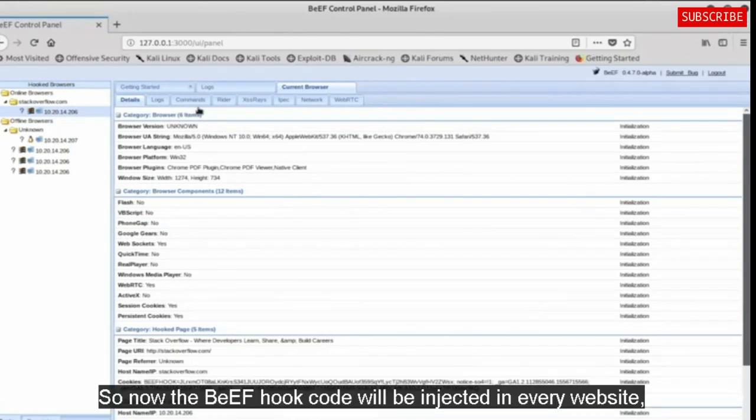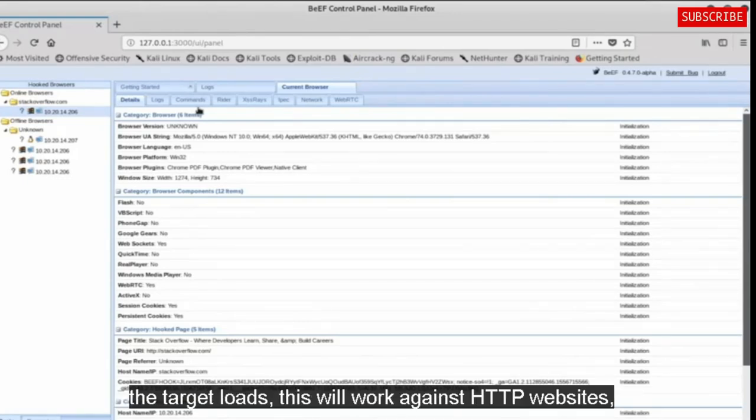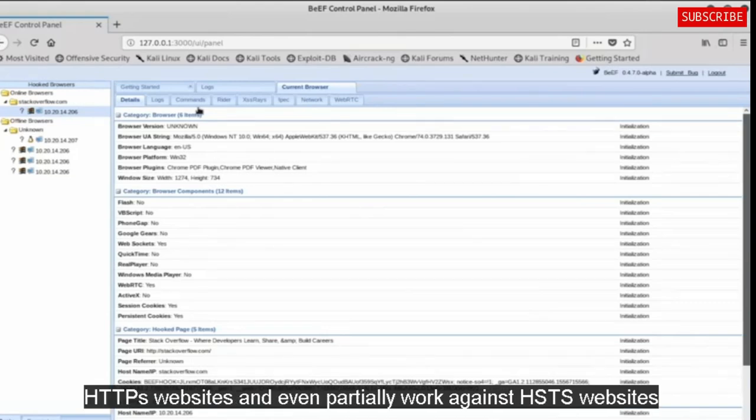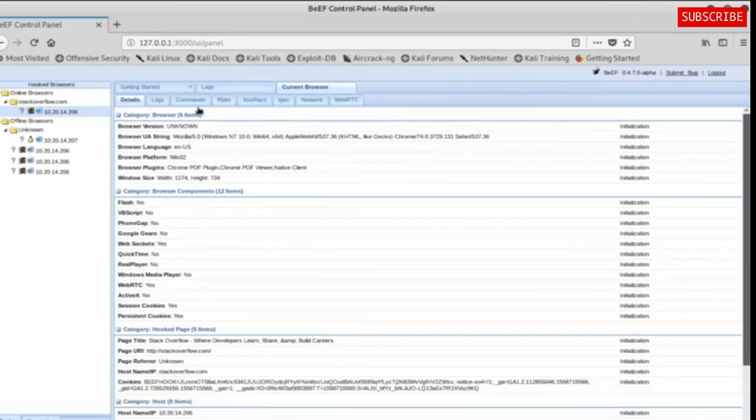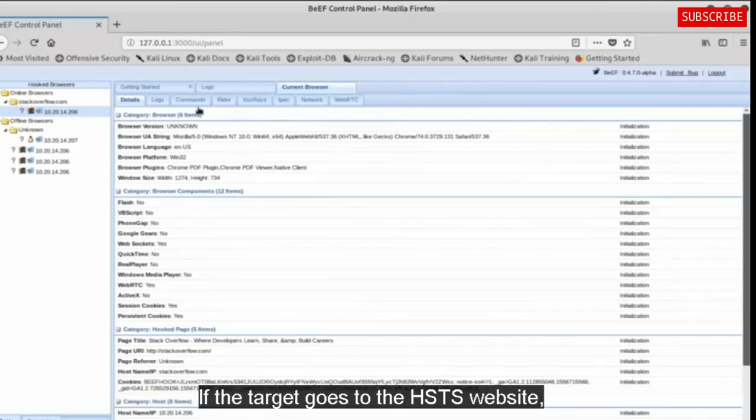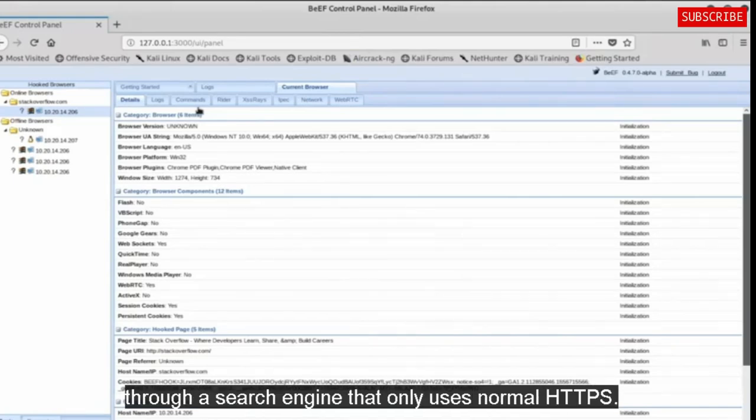So now the BeEF hook code will be injected in every website the target loads. This will work against HTTP websites, HTTPS websites, and even partially work against HSTS websites. Like I showed you before, if the target goes to the HSTS website through a search engine that only uses normal HTTPS,